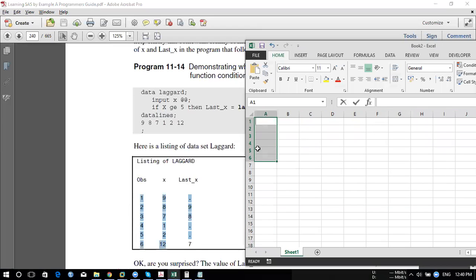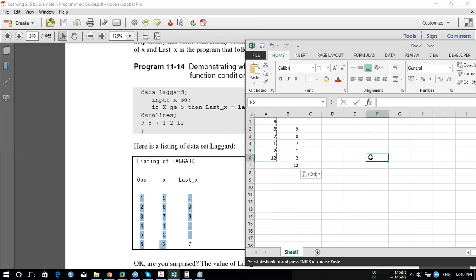Now you have 9, 8, correct? 7, 1, 2, 12. Now when I say if x is greater than 5, this is greater than 5, for the first observation we are doing. So I'll be getting the value like this, correct? If x is greater than 5, then okay, done.